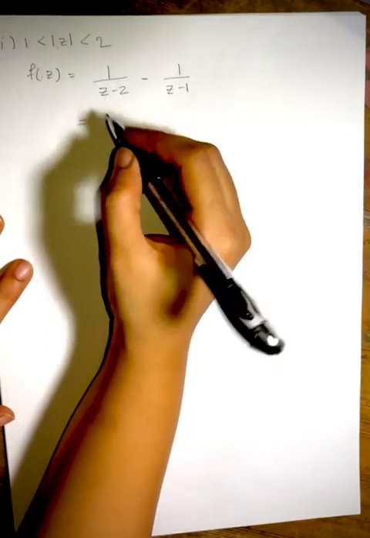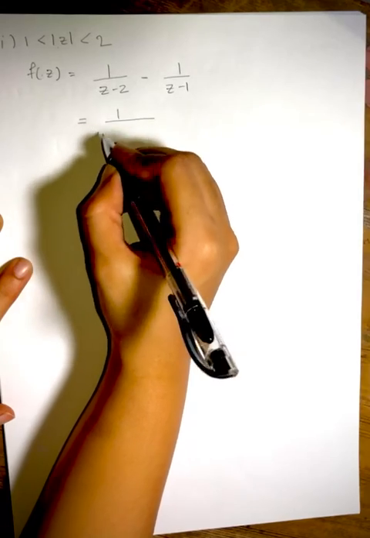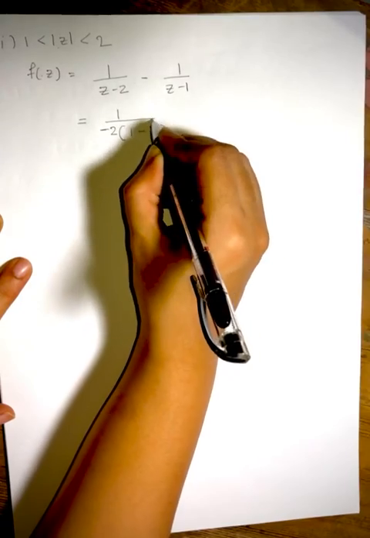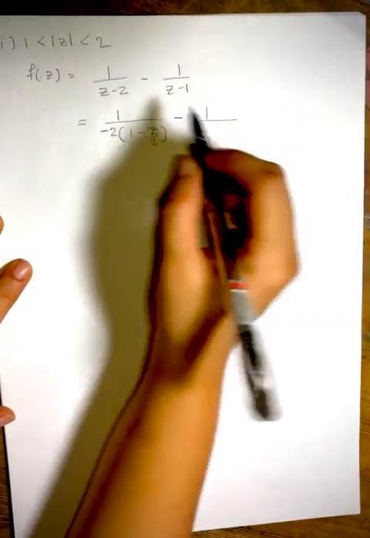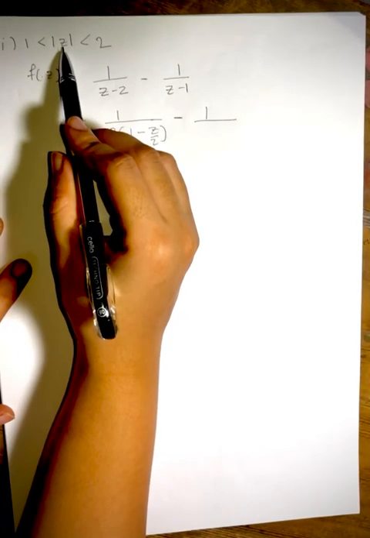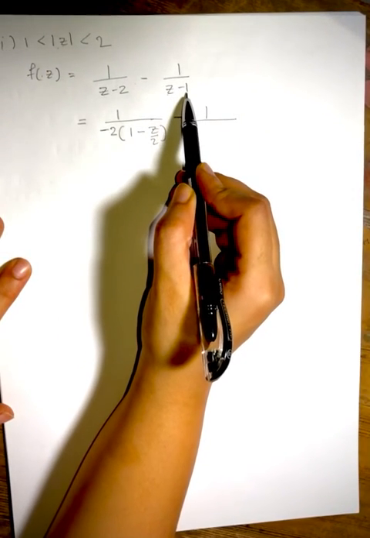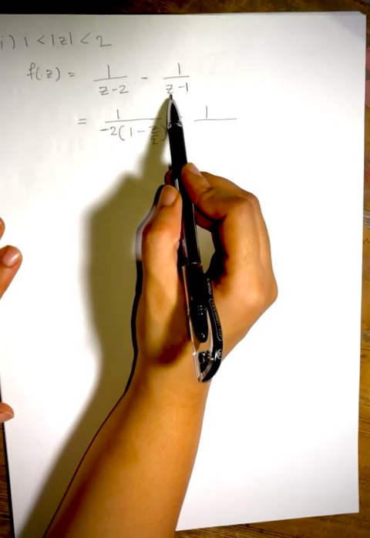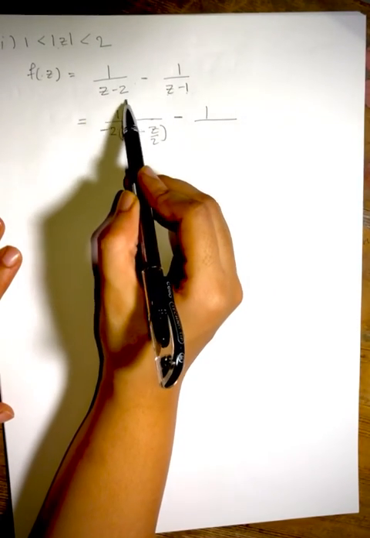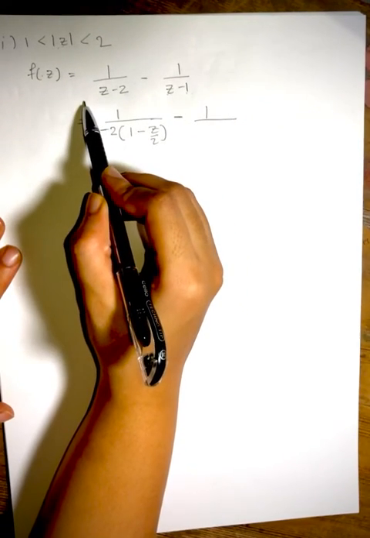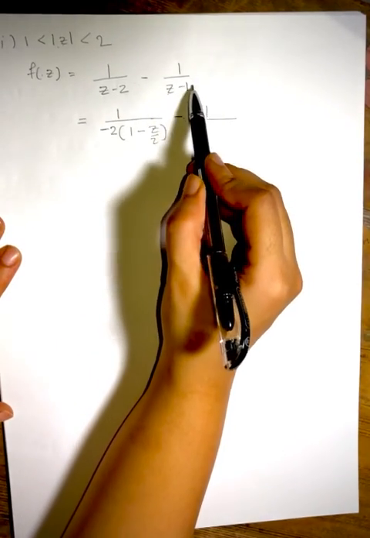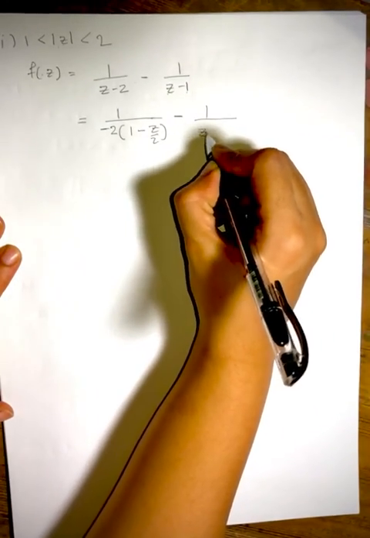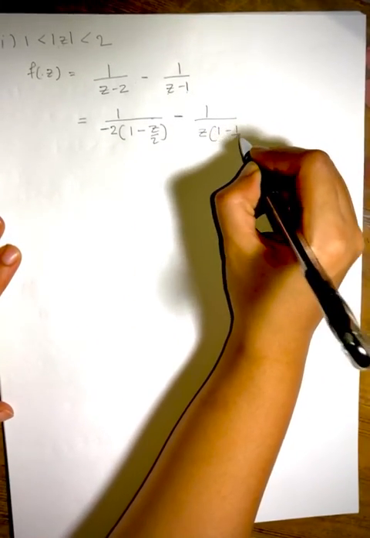So what we will do, just like before, we will take minus 2 outside and we will be left with 1 minus z by 2, minus, here you see we have taken 1.5 as our number. 1.5 minus 1 is positive. I told you that when you have the overall result positive, you will take z outside. When you have the overall result negative, you will take the number outside. So here we have the overall number positive, we will take z outside. So z is outside, so you have 1 minus 1 over z.